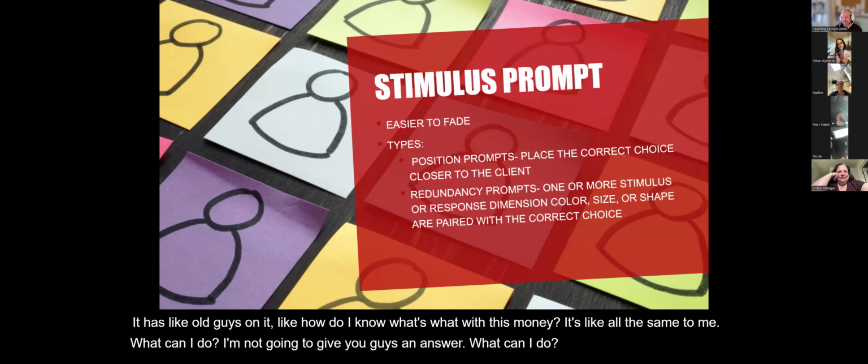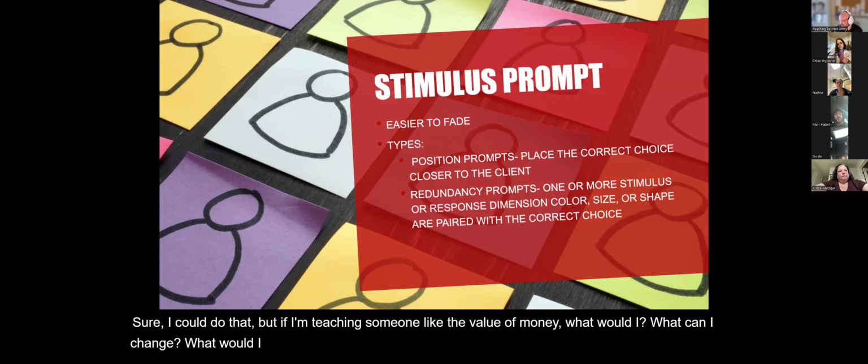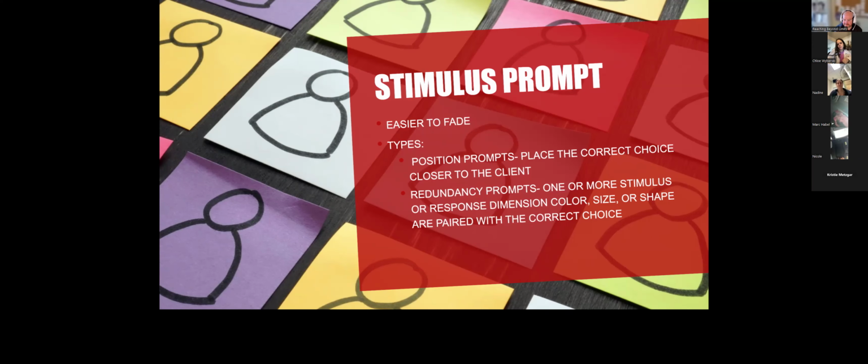Like you could go over what you could purchase with certain types of money, or the amount. Well, sure, I could do that. But if I'm teaching someone the value of money, what would I do with the numbers? Make them assign each bigger one a different amount, like a $10 bill. You would say that gets this, it's bigger. Show them that that's bigger than a $5 bill somehow. Yeah, that's really clever. I really like that idea. Yeah, you could do that.